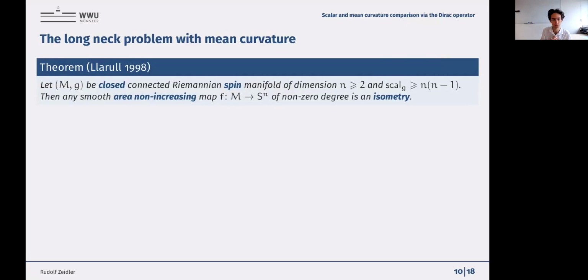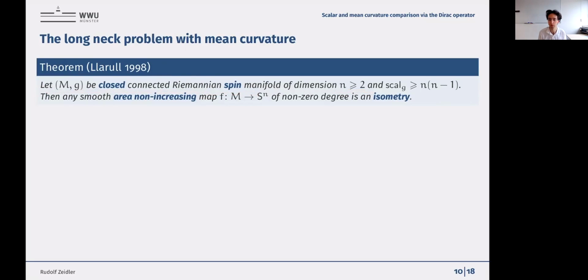And this is Llarull's Theorem, which tells you that the standard sphere has a certain extremality property with respect to scalar curvature. More precisely, the theorem tells us if you have a closed spin manifold of some dimension n bigger or equal than 2,